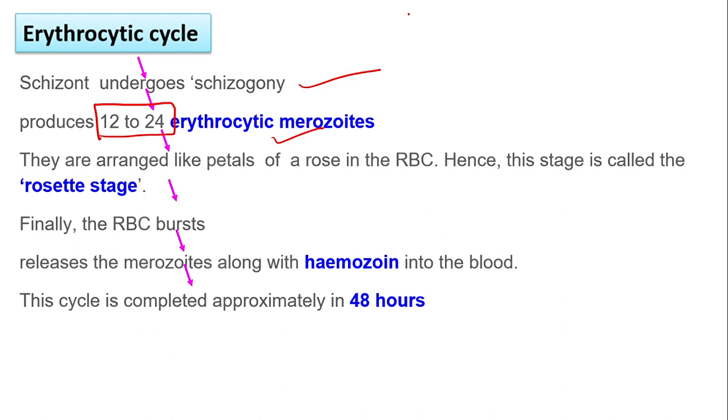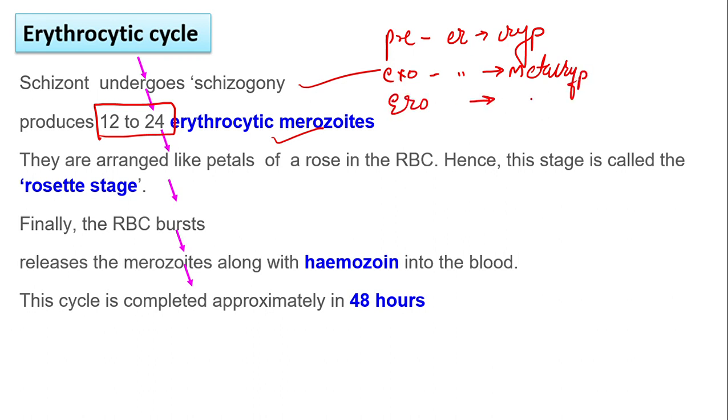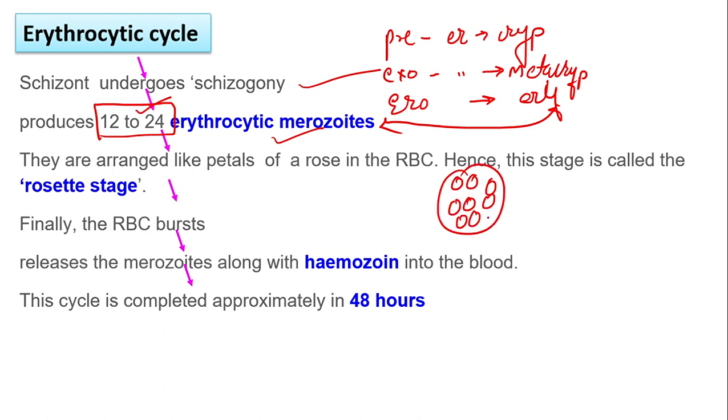And what is the name of daughter cell? Erythrocytic merozoite. हमने pre-erythrocytic में daughter cell क्या पढ़ा था? Cryptozoite. Okay. Exoerythrocytic में क्या पढ़ा था? Metacryptozoite. Right? And यहाँ पे erythrocytic cycle में हम क्या पढ़ रहे हैं? Erythrocytic merozoite. Now they are arranged, all these 12 to 24 daughter cells are arranged like this, which is nothing but